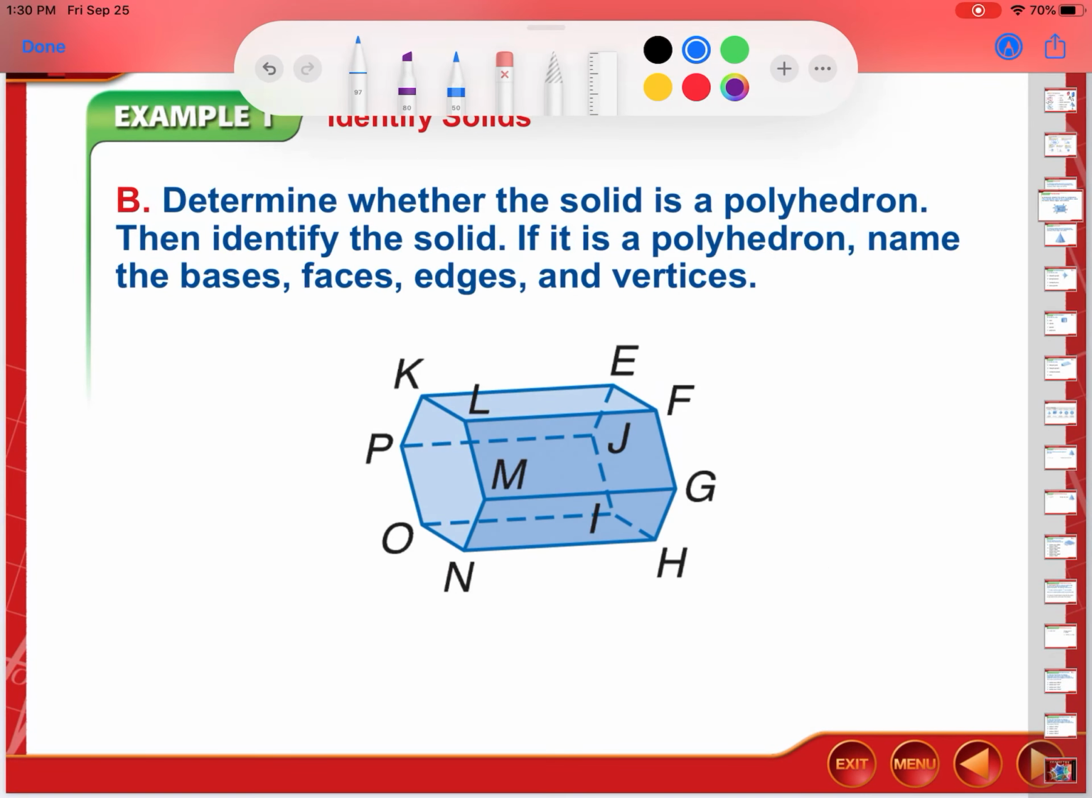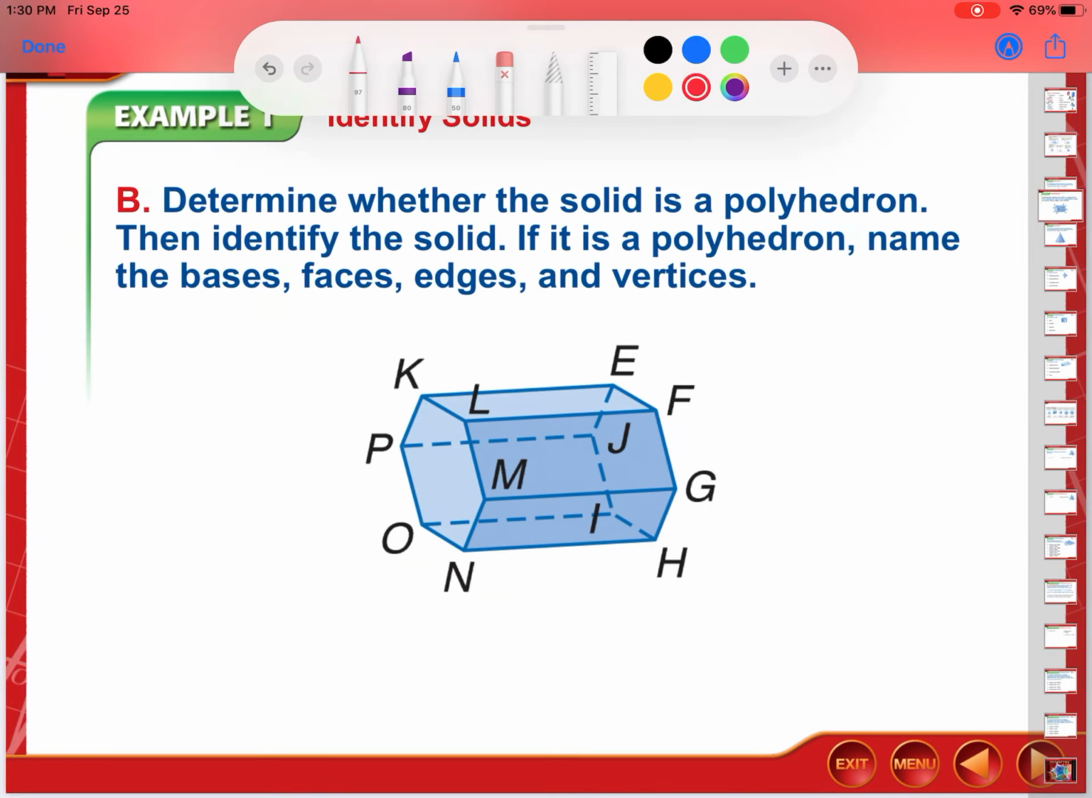So determine whether the solid is a polyhedron. Then identify the solid. If it is a polyhedron, name the bases, faces, edges, and vertices. So right away, this is a polyhedron. It's composed of faces that are planes. All of them are flat shapes, so there's no curved sides. So it's a polyhedron. I know that this is a prism because all this, other than the two bases, the